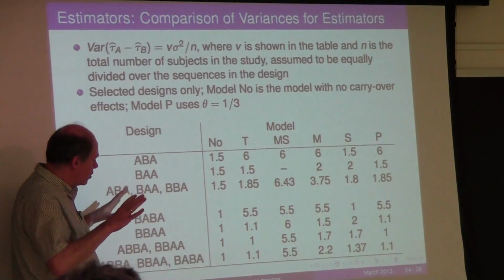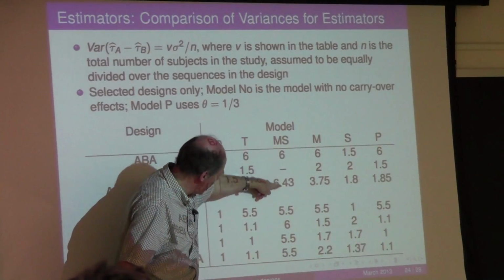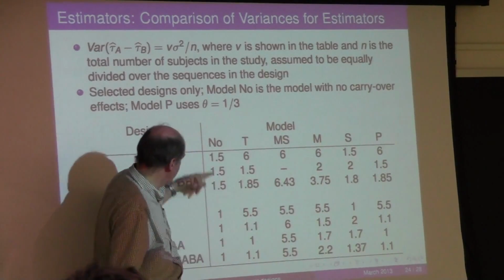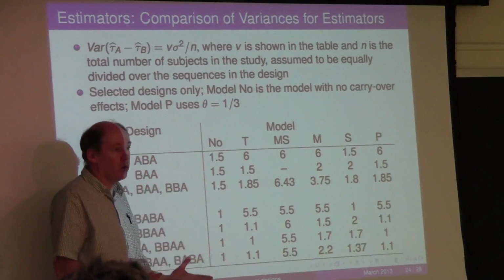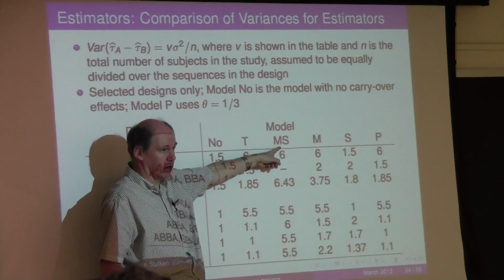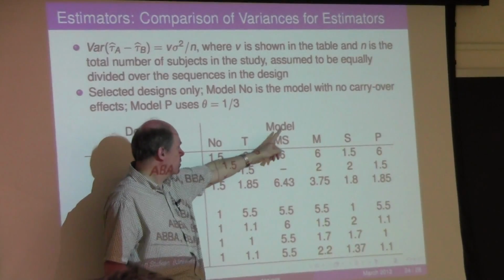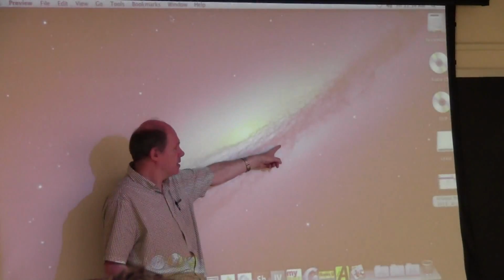There are, of course, exceptions, especially if you look at the column here for this model MS. There's always a huge increase. Here you compare these numbers to 1.5. Here you compare these numbers to 1. There's always a huge increase. So there's always a huge price to pay if you use that particular model. And therefore, I would generally not use this model with the